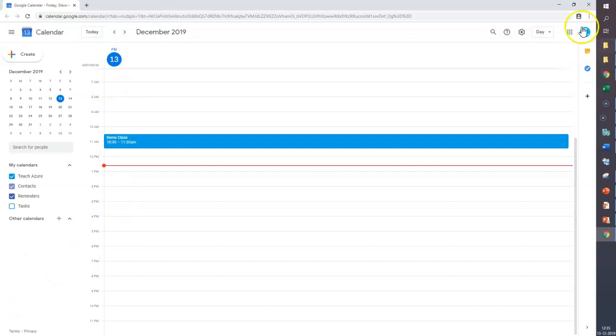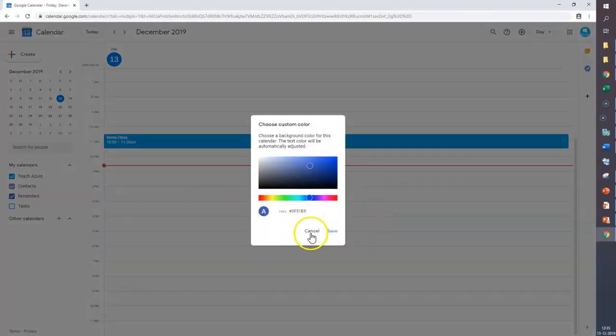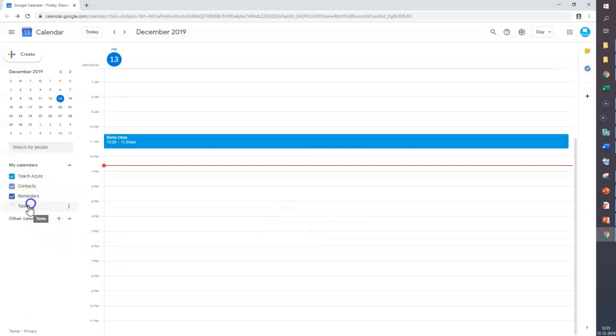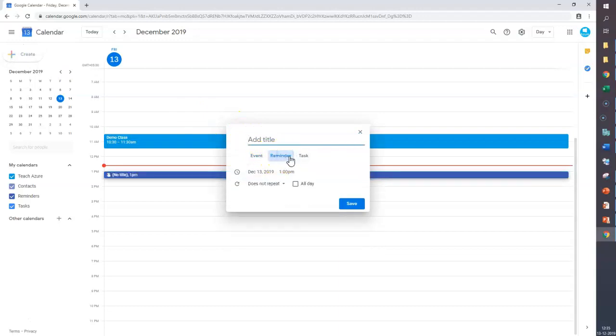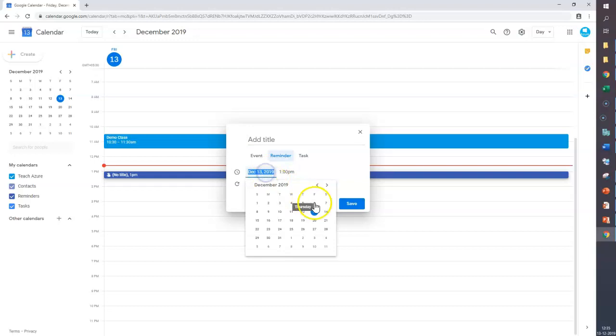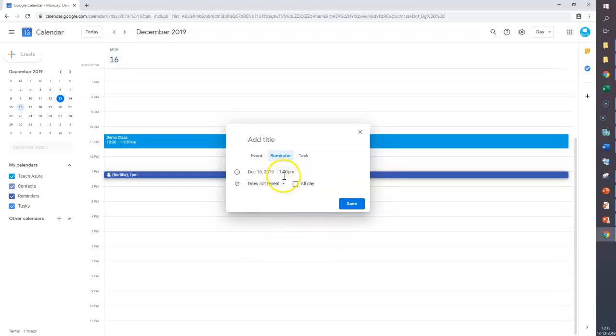So what I'm going to do is click on the reminders. Here are the options for the reminders. You can click here, choose an additional reminder color, whatever you want to segregate, or you can put in your own task. And these are the create options. You can see here it as a reminder. Say, for example, I want to remind myself on a specific day, maybe the 16th of December, at 1 p.m., to meet